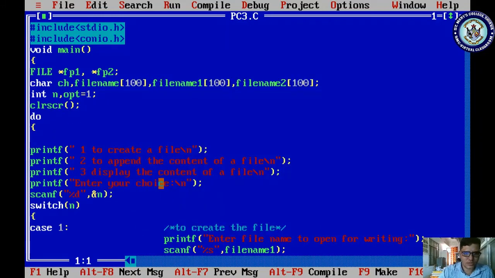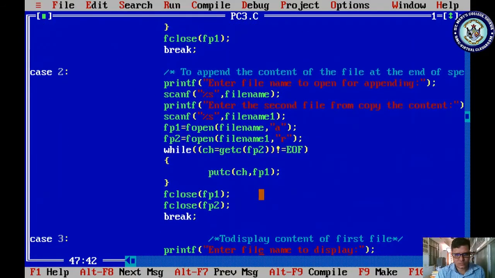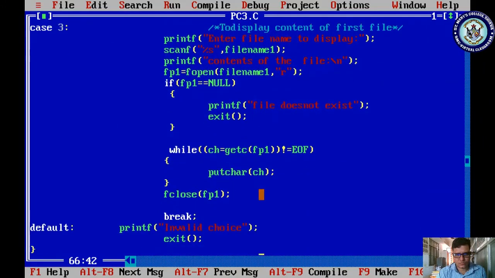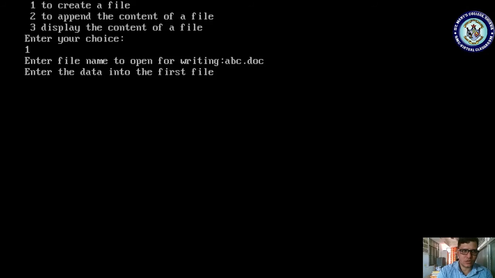Before that, let me check once again. Alt F9, Control F9. So I am pressing 1 to create a file abc.doc, and we have to enter the data smc bca Sirva, and I am pressing Q. Yes, I am pressing 1 to continue, and pressing 1 once again.